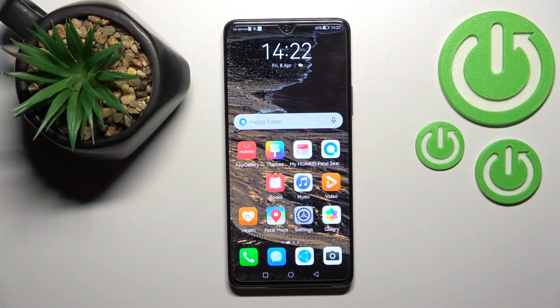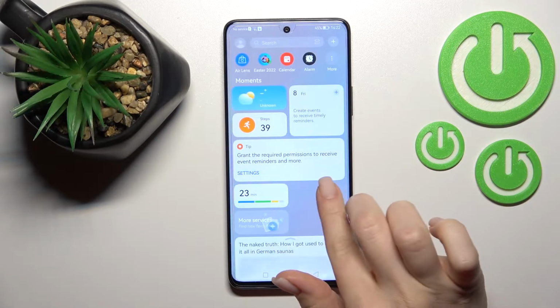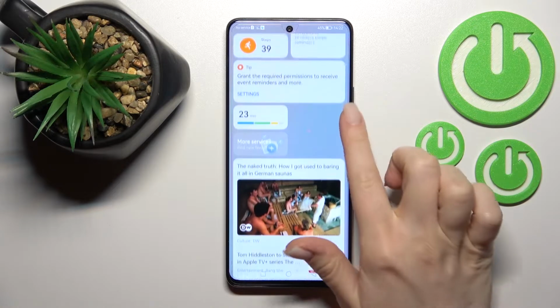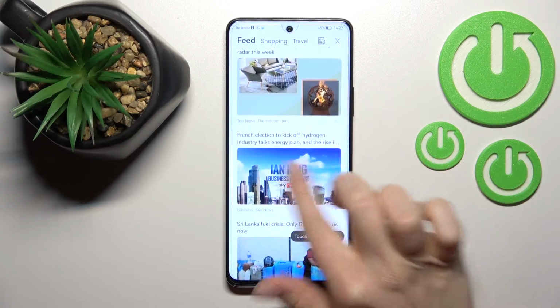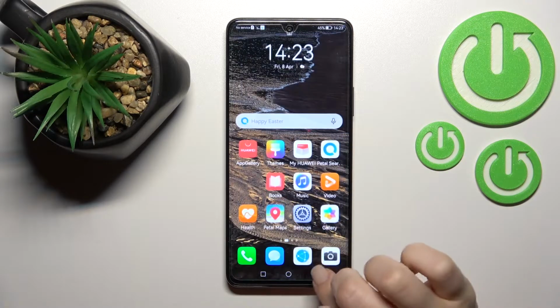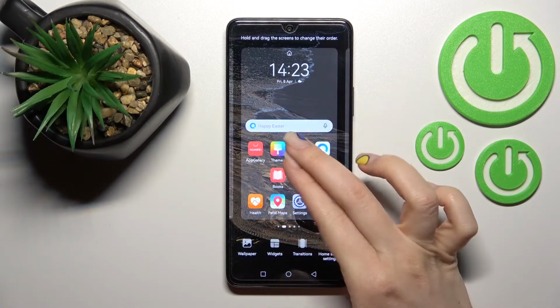Welcome to the in front of me HUAWEI Nova 9 SE, and I'll show you how to enable or disable HUAWEI Assistant on this device. So as you can see, when I swipe with the finger to the right side, the HUAWEI Assistant is activated here. And just to turn off this feature, we should at the same time